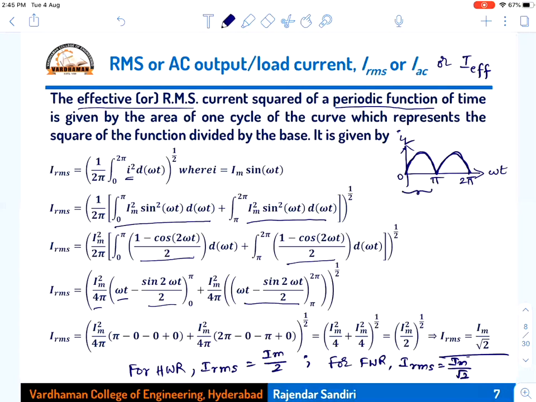0 to 2 pi is actually 2 cycles of the output. Nothing but whatever the shape of the signal that is appearing from 0 to pi, the same cycle is appearing from pi to 2 pi also. Same shape is appearing from pi to 2 pi. That means for one full cycle of the input sine waveform, you are getting two full cycles of the output, almost like the same shape is repeated, right?